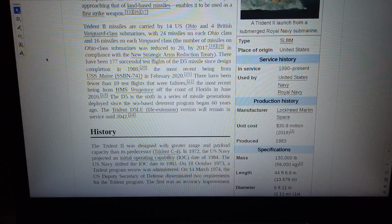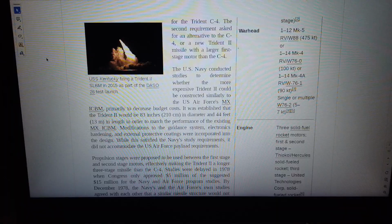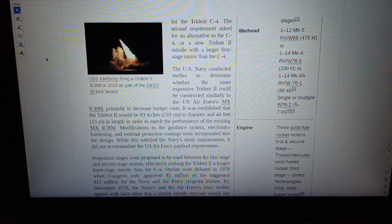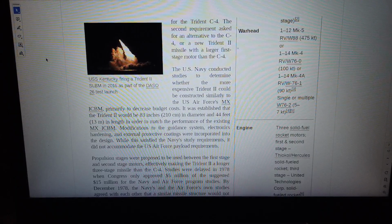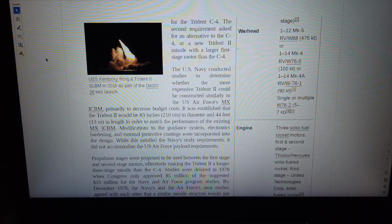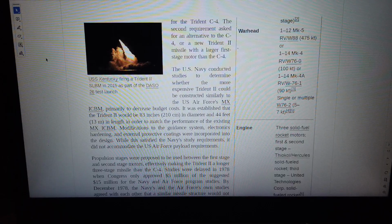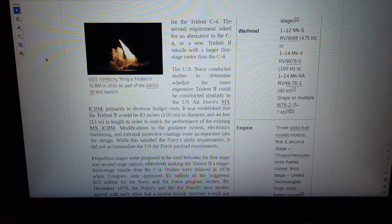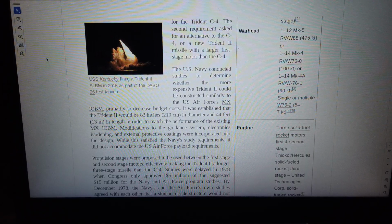The first was an accuracy improvement. Stage 2, Warhead: Mk5 RV/W88, 475 kt; Mk4 RV/W76-0, 100 kt; Mk4A RV/W76-1, 90 kt; W76-2, 57 kt, single or multiple. Engine: 3 solid fuel rocket motors, first and